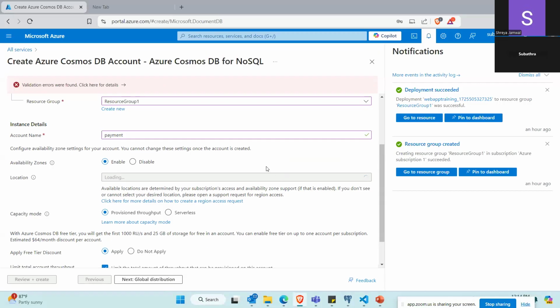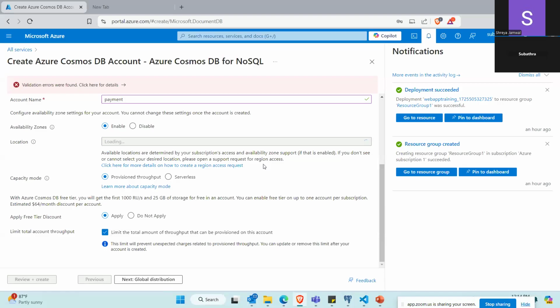So Subhatra, try to create an account today, and tomorrow we will resume with the various options which we discussed. After creating your account, you can see multiple options like Core SQL, Cassandra, MongoDB, Postgres. But we recommend Core SQL, then we can create. I didn't see that option. First you need to create an account. So for each and every DB we have to create an account first? Not for each and every. I think it is asking only the first time because this is the first time you log in.